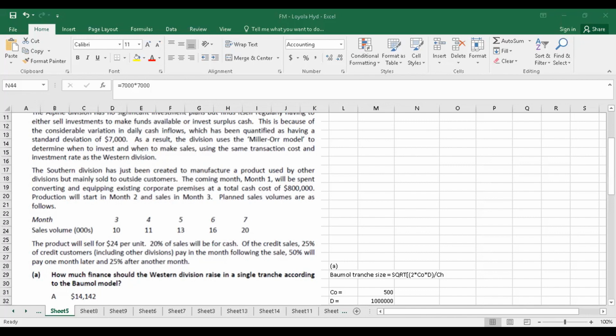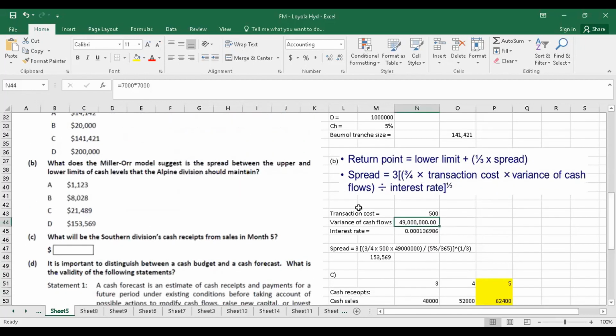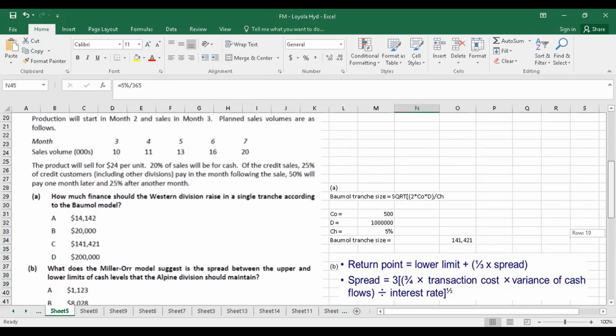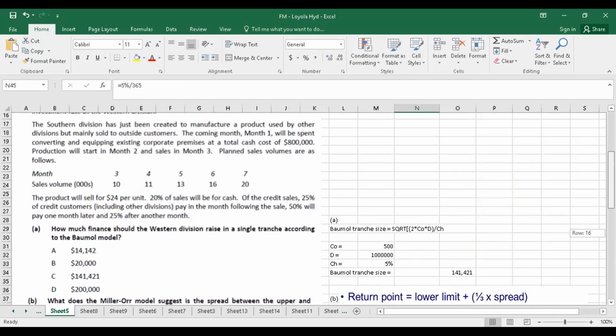So find out the variance. Standard deviation is 7,000. I'll put it here. Standard deviation is 7,000. So 7,000 square is 49 million. Next variable is interest rate. What's the interest rate? Interest rate prevailing is